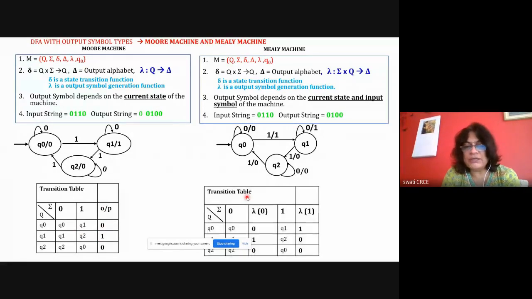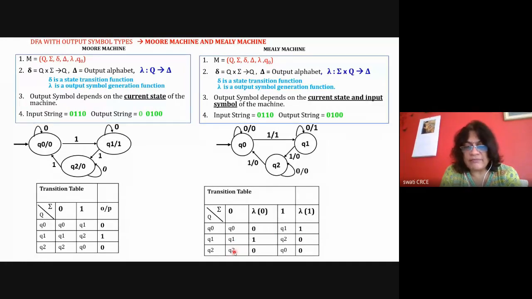So this part of the table you know, but here you need to just write down the output symbol. But for Mealy machine, what we do is that we also write down the states and the input symbols and the next state for 0 and 1, and you have two extra columns. That with this 0 input symbol going to Q0, but what is the output symbol? So you will have multiple output symbols. With every transition, you have an output symbol generated. So every transition, along with the input symbol, you write here the output symbol. So like this, input symbols are written over here once, but every output symbol is written in the table. So the table will have extra columns.